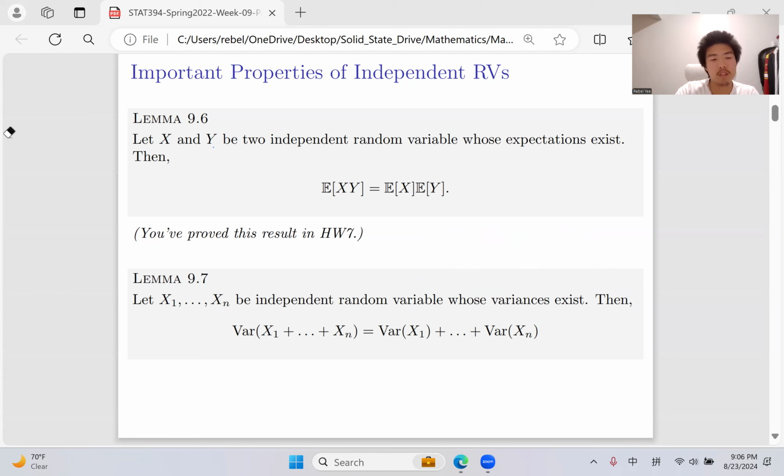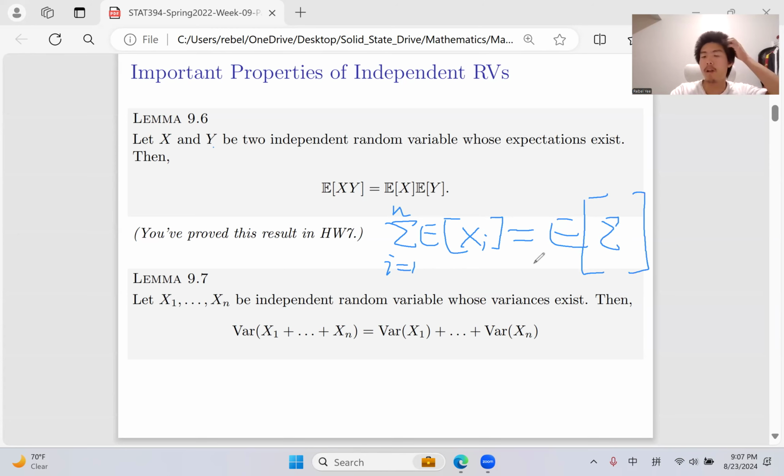And this is a very interesting story because previously we have talked about the expected value having linearity, which means no matter whether they're independent or not, the expected value of Xi for all i equal to 1 to n is equal to the sum of their expectations. And this happens no matter whether it is independent or not.